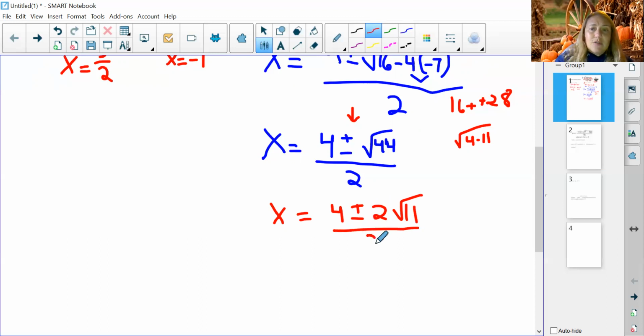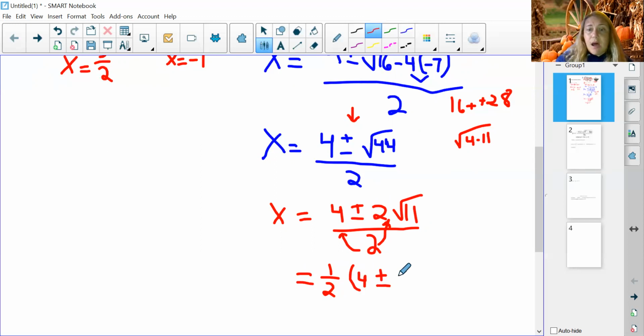I can divide by 2 now as long as I go into each part. Right, because dividing by 2 is the same as multiplying by 1/2. So another way to think of this is I could think of having to distribute the 1/2 through the parentheses. I have to go to both